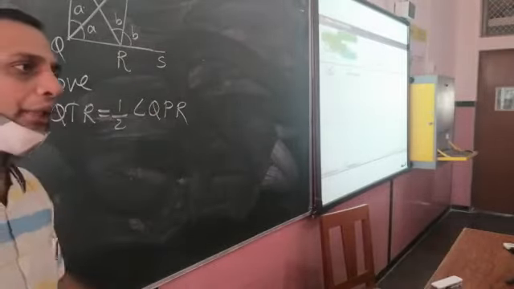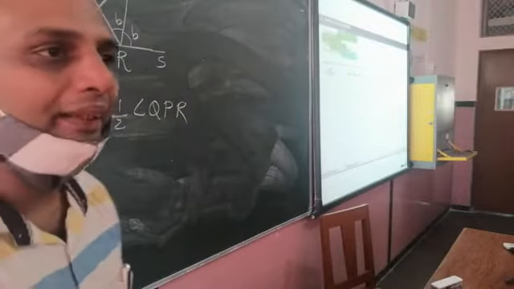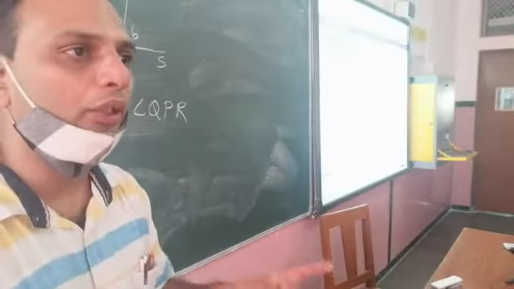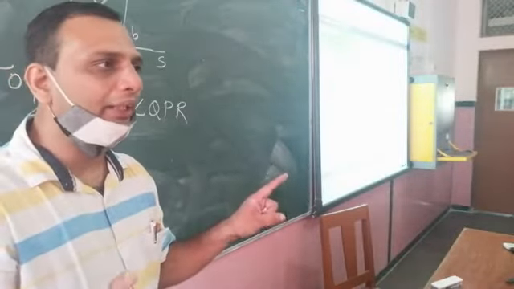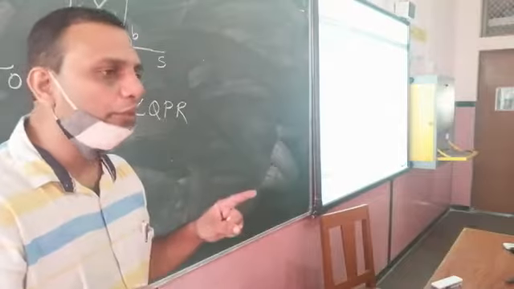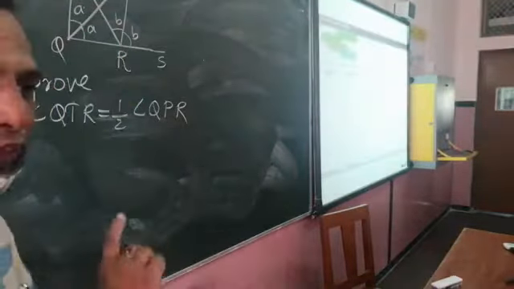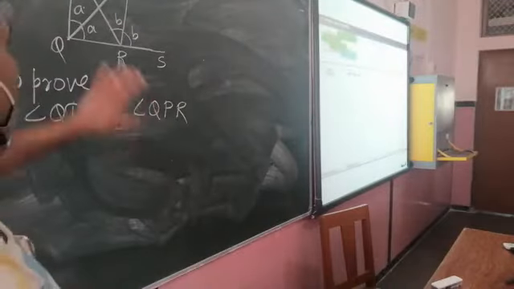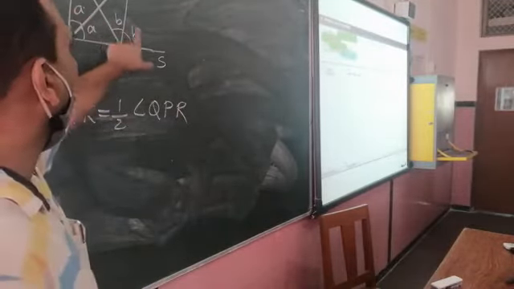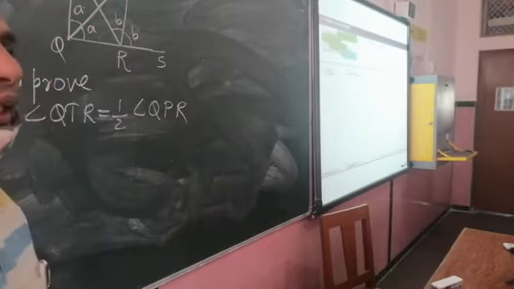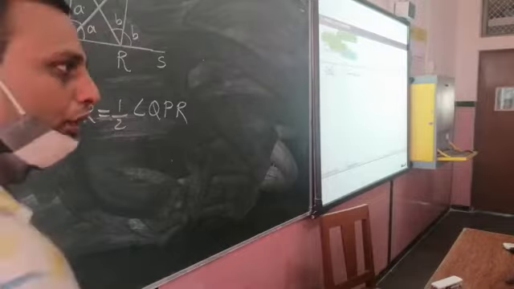And why is it B, B? Because both are the same equal part. Bisector means we divide the angle into two equal parts. Suppose 90 degrees. If the 90 degrees is bisected by any line, then the angle will be how much? 45 and 45. But here we don't have the value of any angle. So I assume that this angle will be A, this angle will also be A. This angle will be B, this angle will also be B. Any doubt? No.